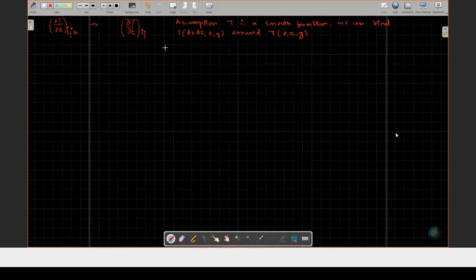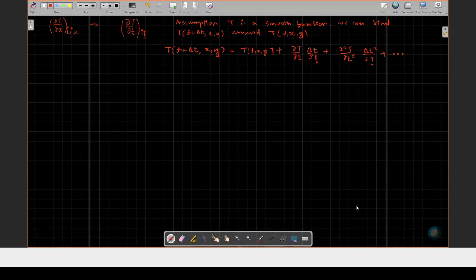So for T at t plus delta t, we write T at small t plus del T del t times delta t over 1 factorial, plus del 2T del t2 times delta t whole square divided by 2 factorial, plus further terms like that.